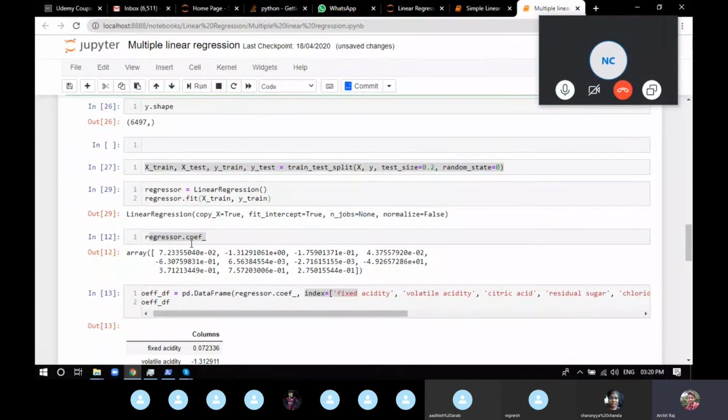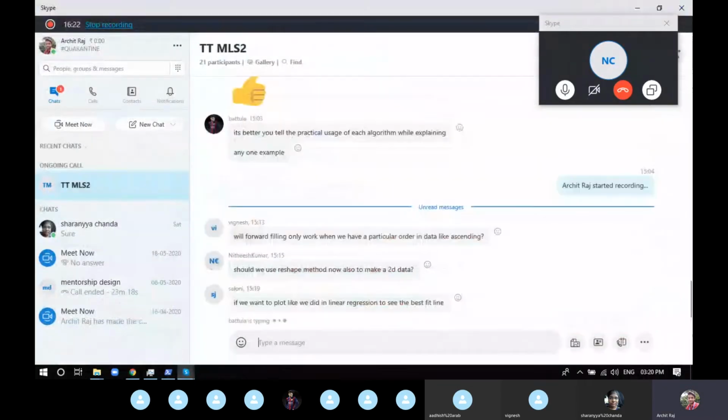So we do not have to tell the machine specifically that this time you have to apply multiple regression. Depending on the data the machine is getting, it will know whether it has to apply a simple linear regression or a multiple linear regression. So this is multiple linear regression. I don't think you have any doubts in that.